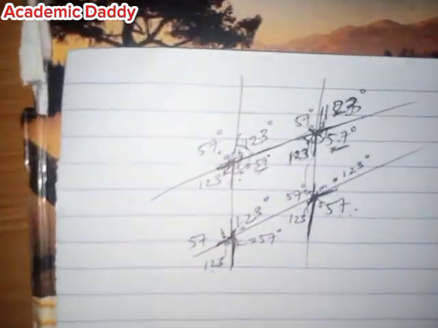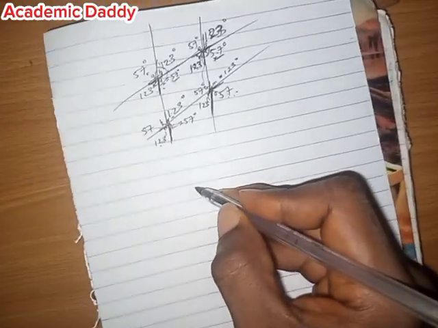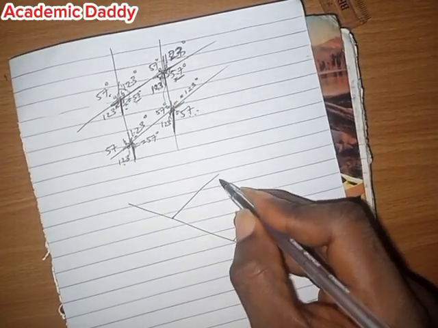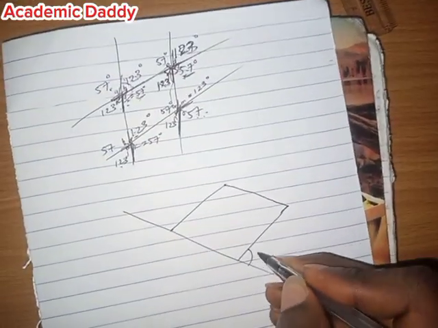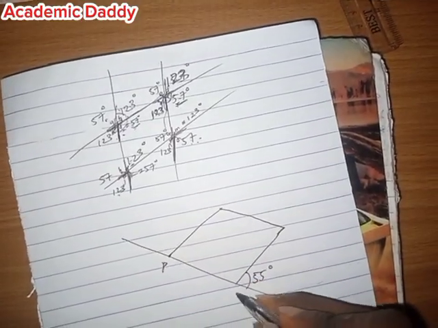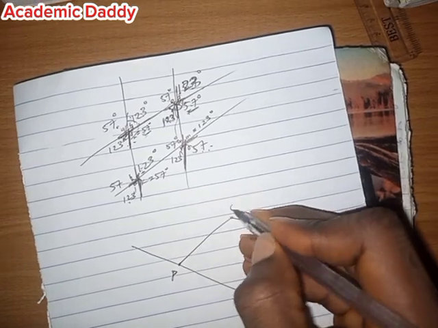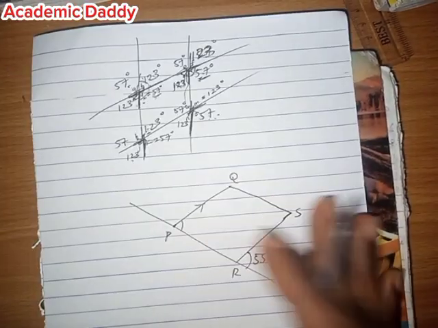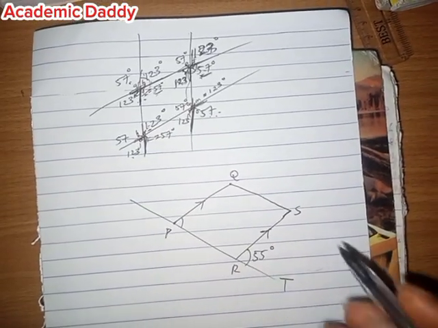So let's take another example. Let's say I have an angle of 55 degrees. Then let's say I have P here, and I have R, I have T, I have S, I have Q. Whenever you deal with lines and angles, you also need to note that if they are the same,